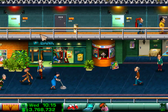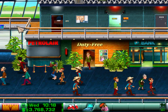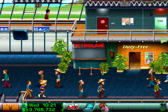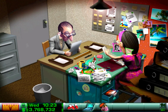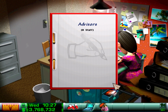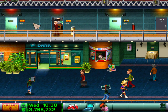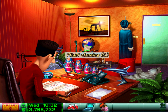I don't really want to chase 3 airlines at once, because it means your cash is split and it's just not that nice. What I do want to do though is we're going to go ahead and look at some staff right now, because I'm going to get some advisors. Because I think it's a time for that now, so show me the file with advisors. Okay, well, maybe another time then. Yeah, that's unfortunate. I mean, some things just aren't happening, so...